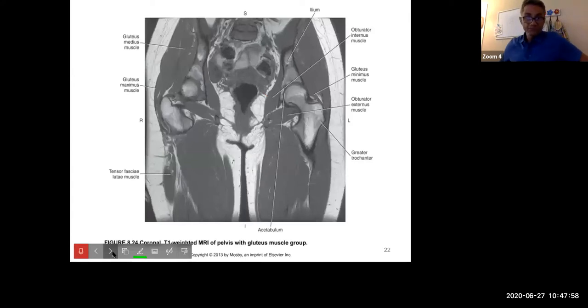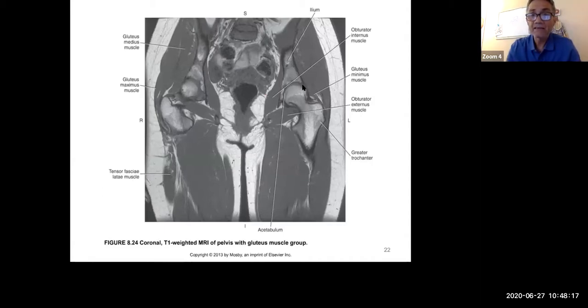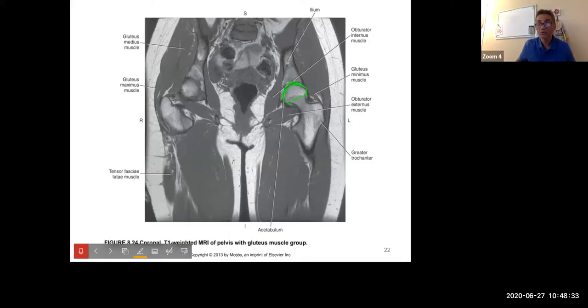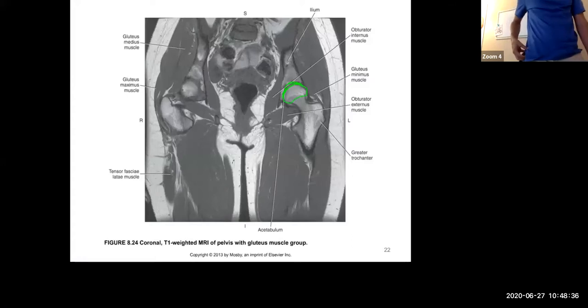No question? Okay, let's go to the imaging. If you look at this picture, this is a coronal cut. What is the best landmark to use to start pointing on the muscles? Bones are the easiest to see. So if I'm seeing the head of the femur, which I will never lose, correct? That means this is your acetabular cavity. And if I go up superior from the head of the femur and acetabular cavity,